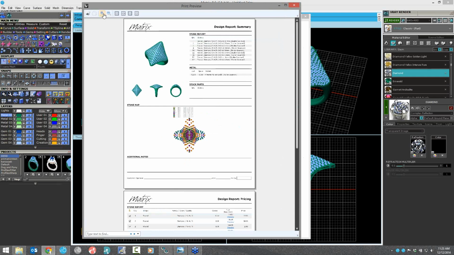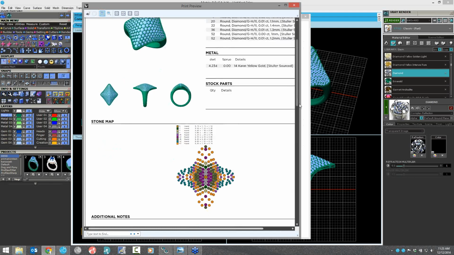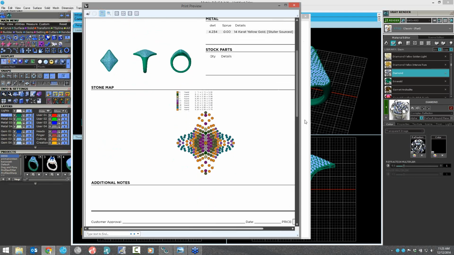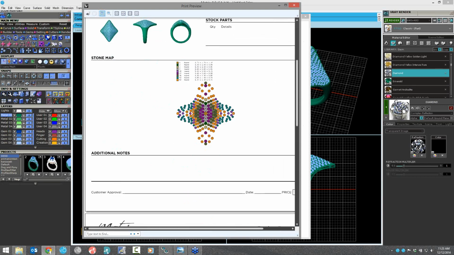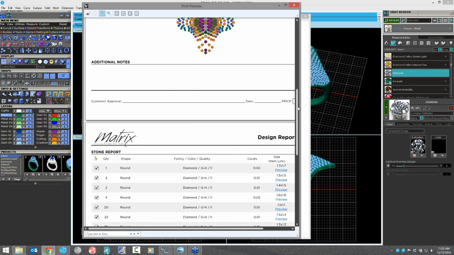All right, so here we have some captures of the ring, looking through finger, top down. Here's the gem map with all the different gems required and where the bench person should set those. And then you can add your own notes in the previous menu, and there's all the information there,